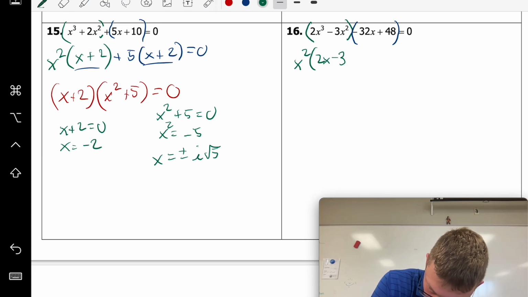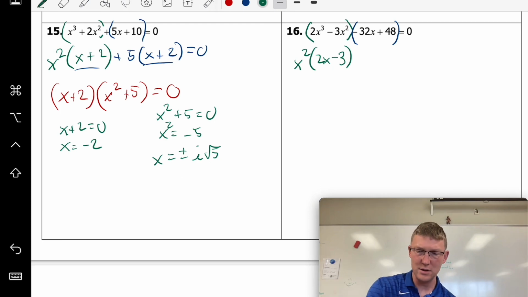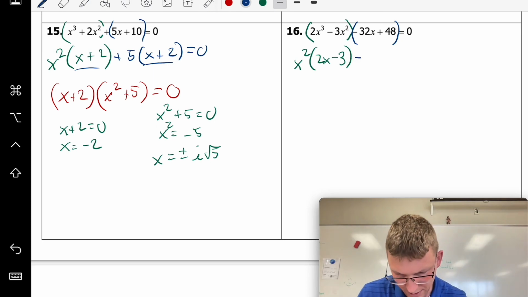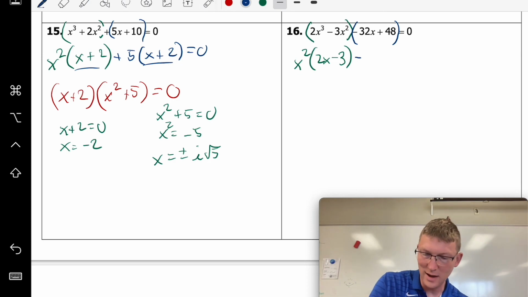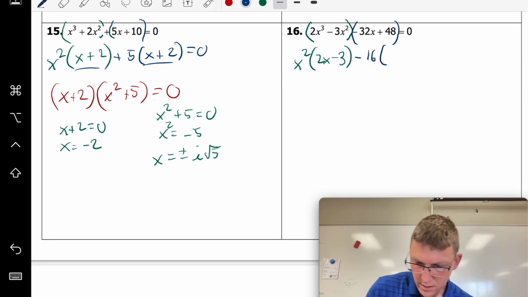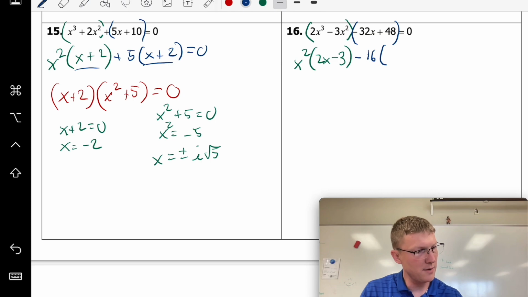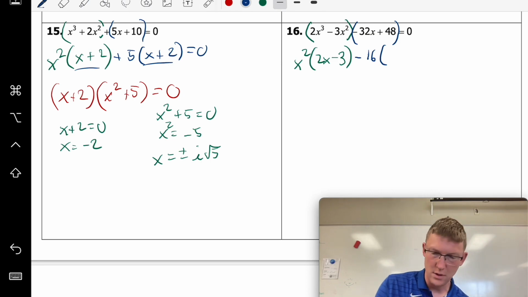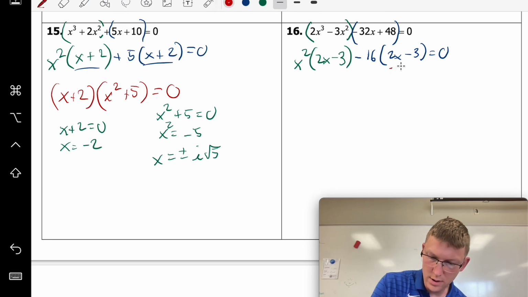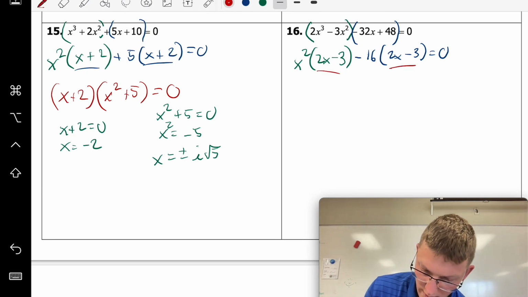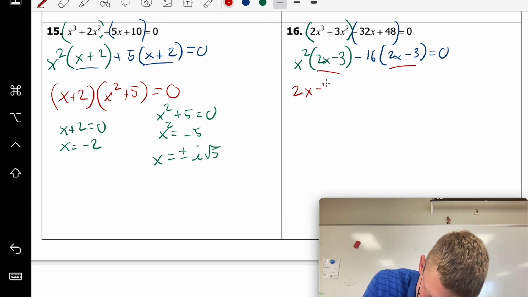Notice that there's a negative sign right there that we don't particularly want to deal with. So we're going to have to pull that negative sign out. And that 32 needs to go down to 2. So that means we're going to have to pull a 16 out as well. So then 48 divided by 16 is 3. So we're going to have 2x minus 3 equals 0. Oh, look, they're the same. We were going for that. So we got 2x minus 3,